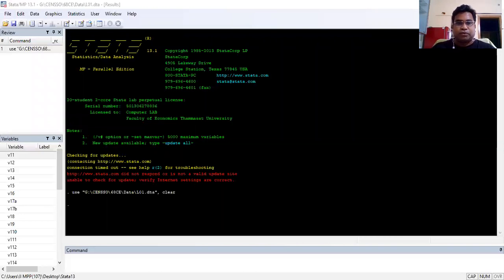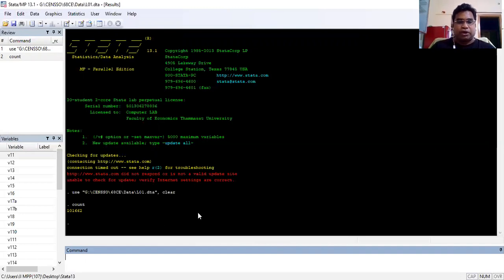So if you want to figure out how many observations are there in the file that I have opened here, so just write count. So if you write count, then it shows 1,01,662 observations exactly in this file, right?